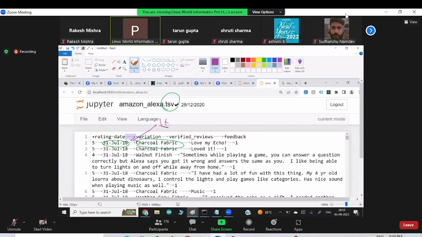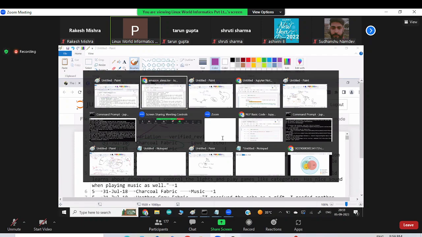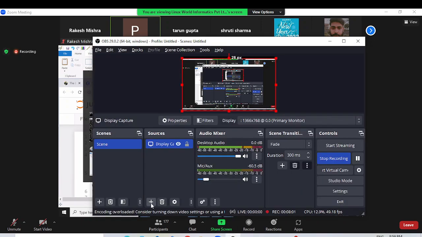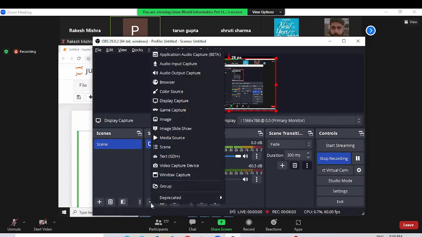So for this, we have to tell our Python code that the file we're trying to load is tab separated, where this field is different and this field is different. To separate the fields we have a field separator, also known as a delimiter, and the delimiter in our case is tab. In pandas, when you read any file, you can pass one more option called delimiter. By default they use a comma, but in this case the delimiter is tab. That's all. Now it opens fantastically.